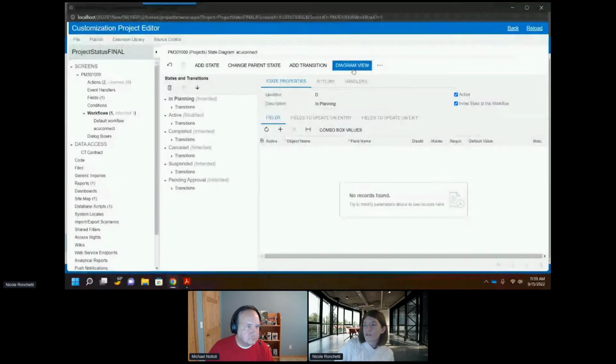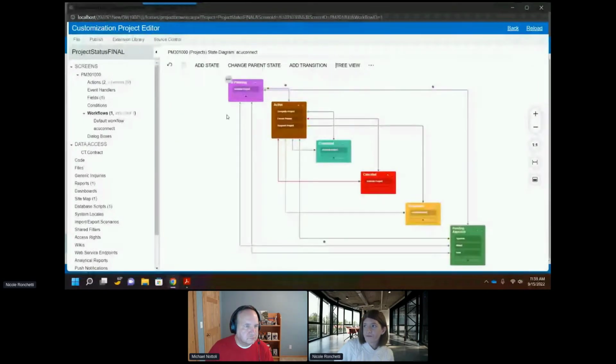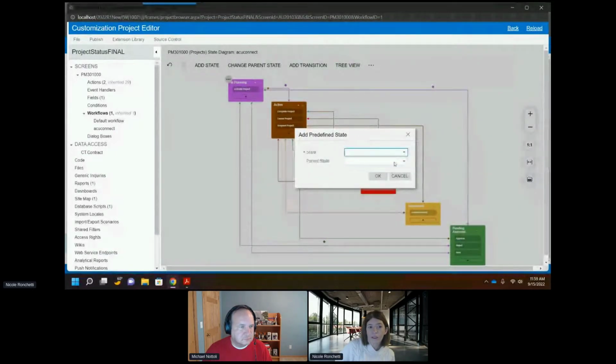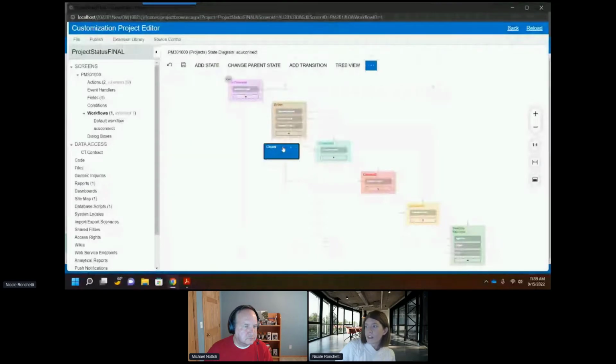So I'm going to go into the diagram view. And because I've already modified that field, I'm going to click on the 3 dots here, and I'm going to say add predefined state. Now, going back to what I mentioned, yes, correct, because I already defined it in the fields. If I had not already defined that, I could say add state and create a new state that would update that as well. So I'm going to go into add predefined state, and you'll see here that here's my new state that I added in the fields area. So it's closed, and we're going to get a new